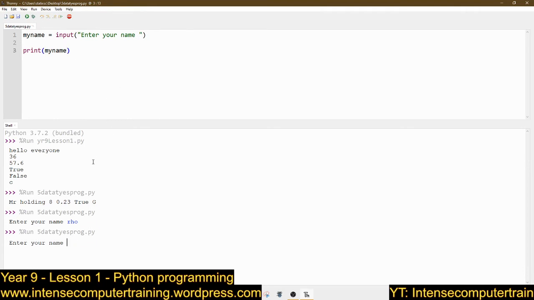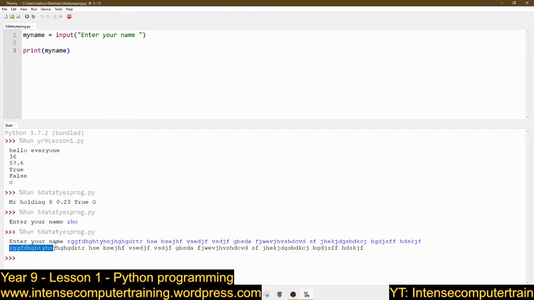So when I press F5, enter your name, there's no way in a million years could I remember to type that in, or remember to type that out every single time if I had to. But if I press enter, look, it's printed it all out exactly as I did it. So that's programming 101, setting variables and then getting the user to type in the data they want rather than what we call hard coding it. So let's carry on. We had my name, and then I wanted to put my favourite number, my fav number.